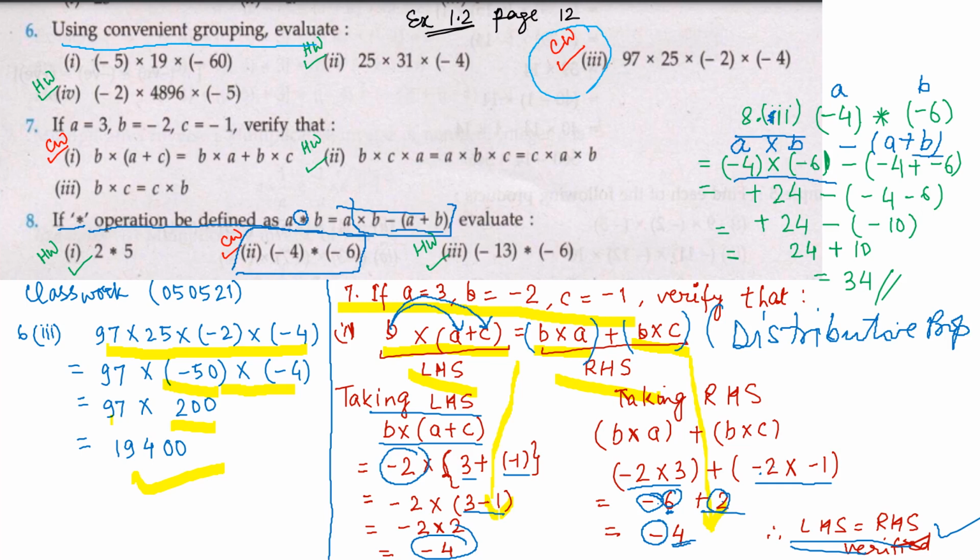See this, both the signs are together. Whenever both the signs are together, it means they are multiplied. So minus 4 into 6, 6 fours are 24. Minus into minus is a plus. Minus minus 4 minus 6. Same signs together, so when two same signs are together, we will add them. 4 and 6 will give you a 10 and both of them have minus sign, so they will have a minus sign. So plus 24 minus of minus 10 is 24 plus 10, which is equal to 34. Clear?